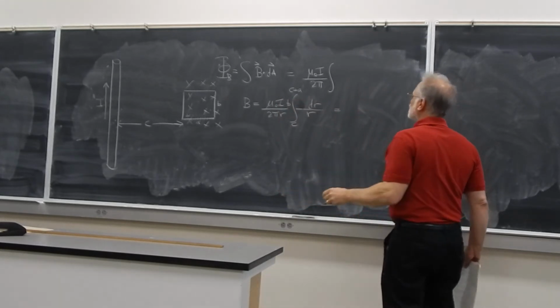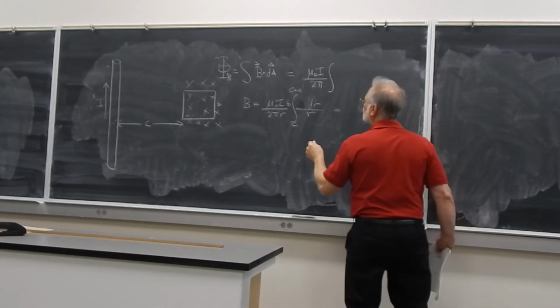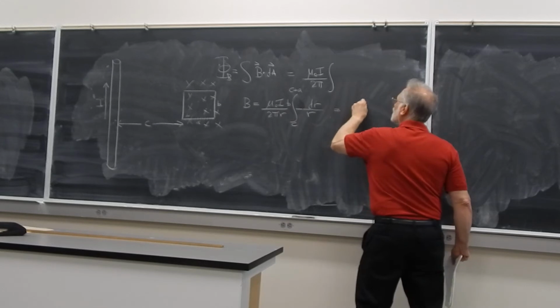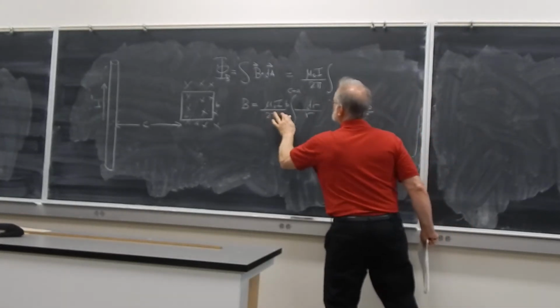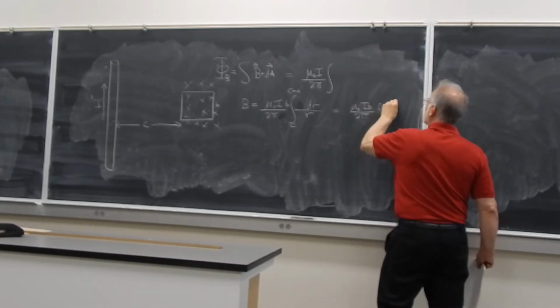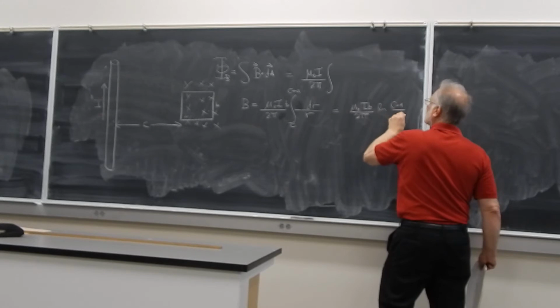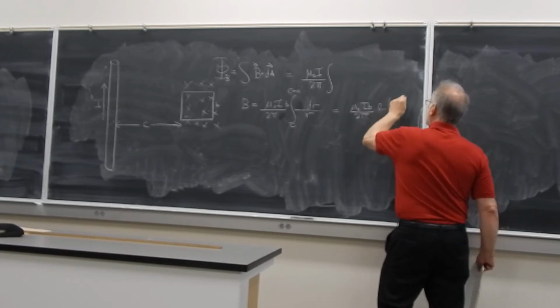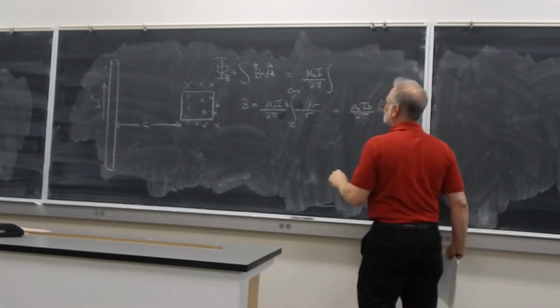When I integrate dr over r, of course, I get the log of r. So that would give me mu naught times I times b divided by 2 pi, this r has to stay inside, sorry, times the log of c plus a over c. And that is my magnetic flux